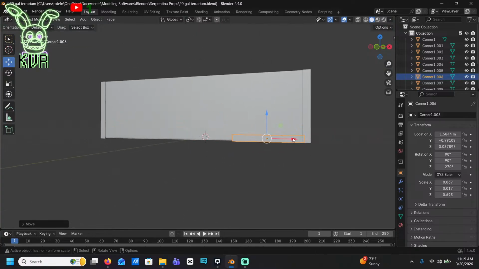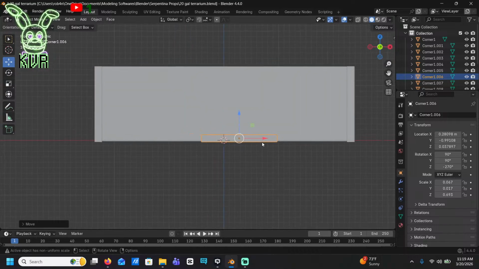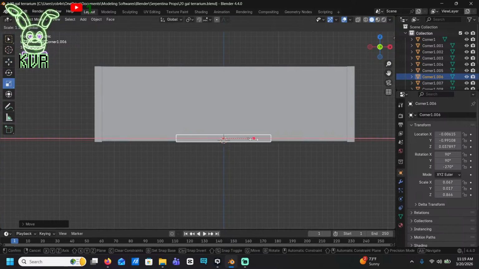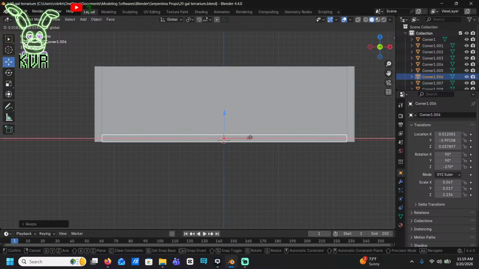Okay, now I got that, and I move it more or less to the center. Whee! That apparently was not the center, but that's okay.